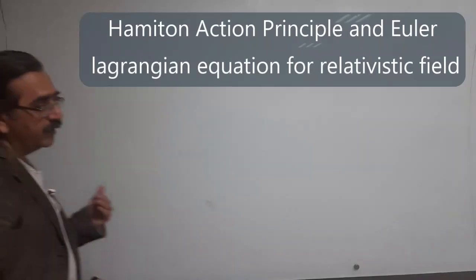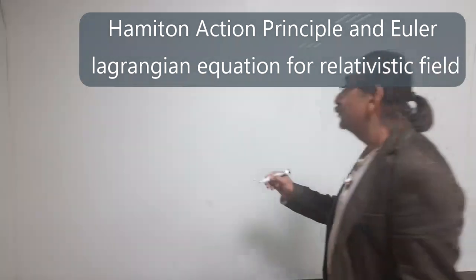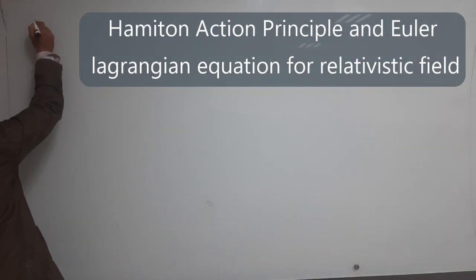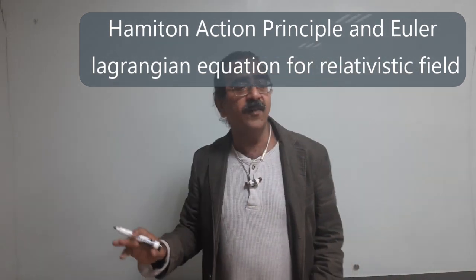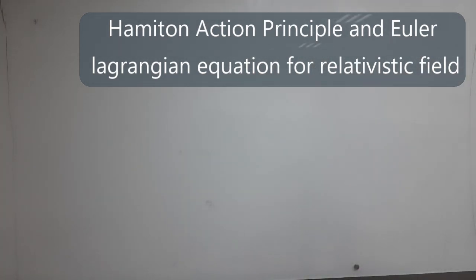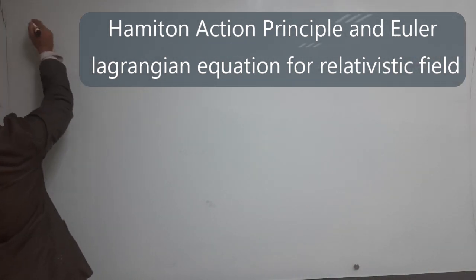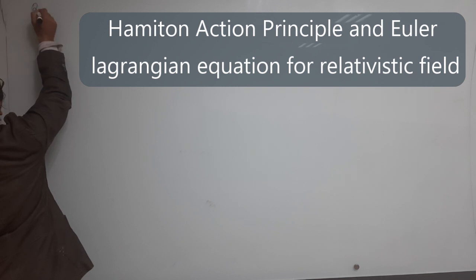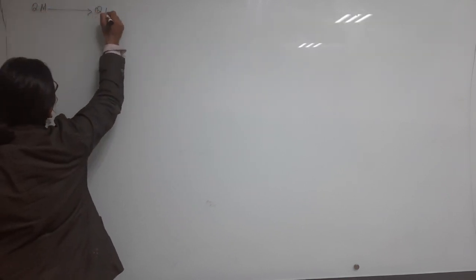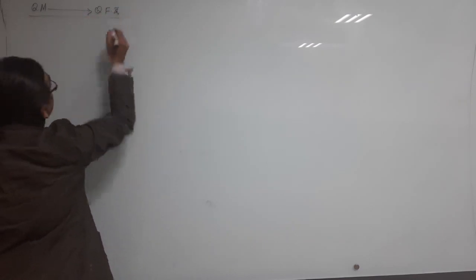Okay, now from quantum mechanics we will move toward field mechanics. As I have already explained, the solution of the KG equation, the Klein-Gordon equation, is a scalar field. So if we move from quantum mechanics to quantum field theory,